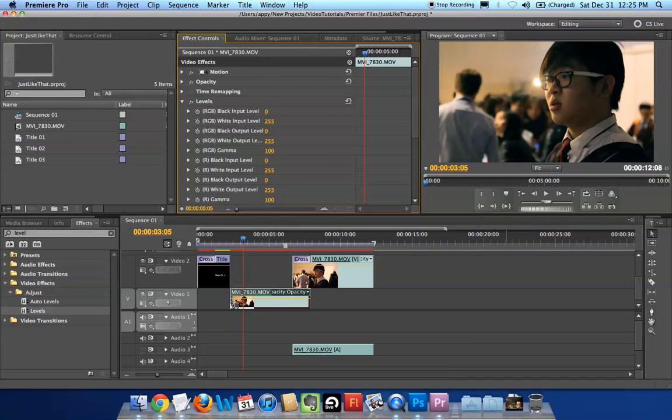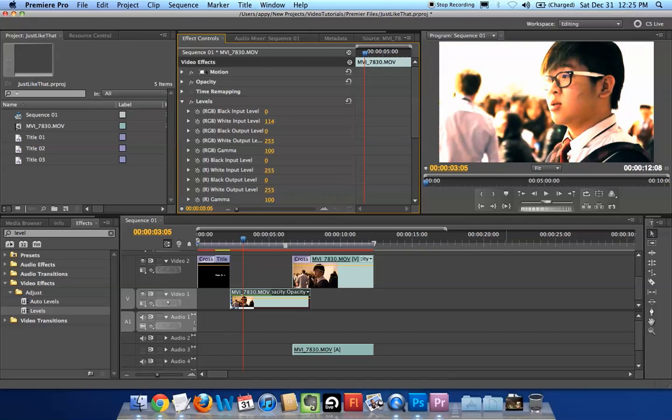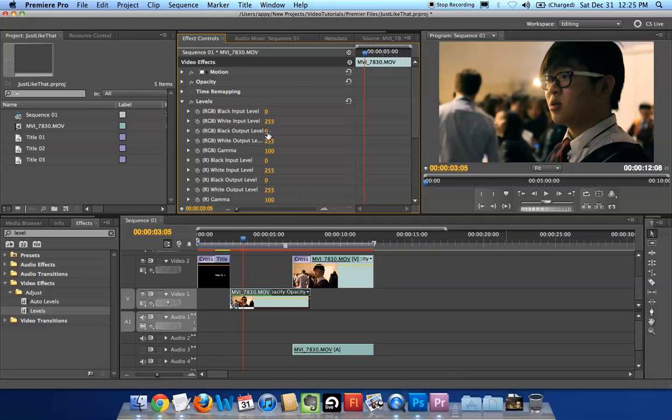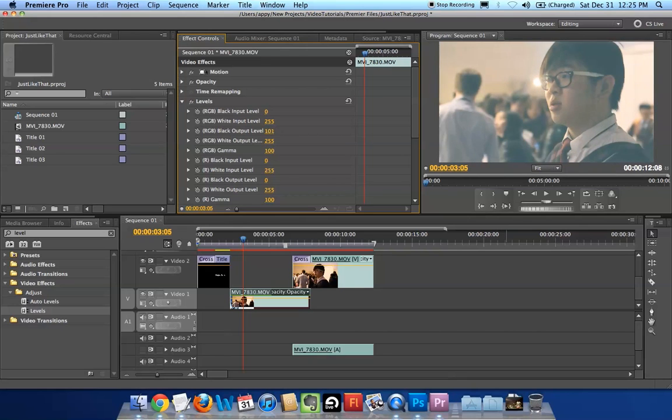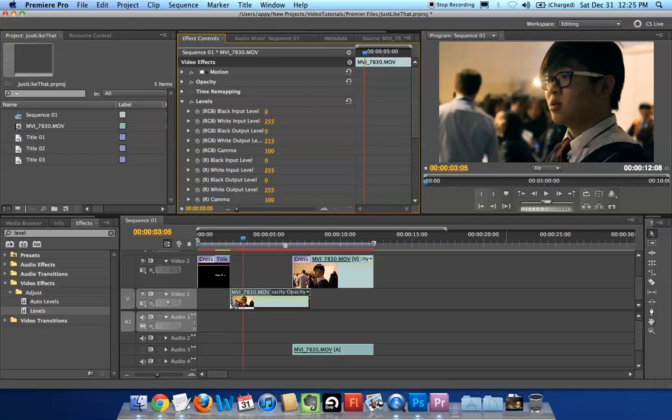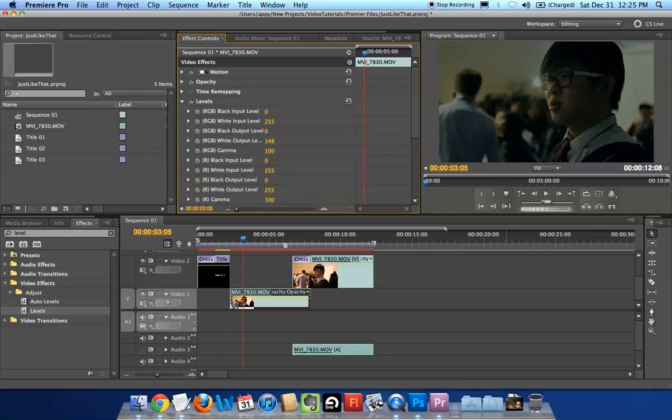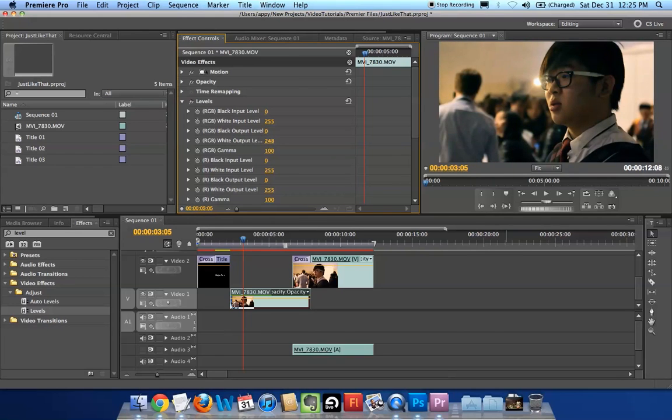If you want to increase the black in your video, then just increase this. If you want to increase the white, like the contrast of the video, then increase this. If you just want to add white to the video, basically you're reducing the black from the output, and you can do the vice versa. You can dim it. This particular thing is helpful if you shoot a video in a slightly darker environment and want to make it look like it's shot completely in the dark.